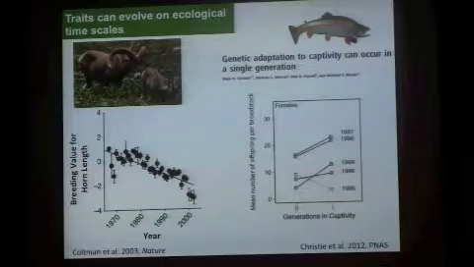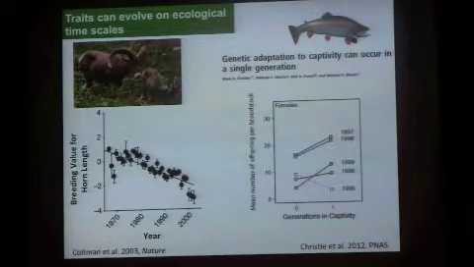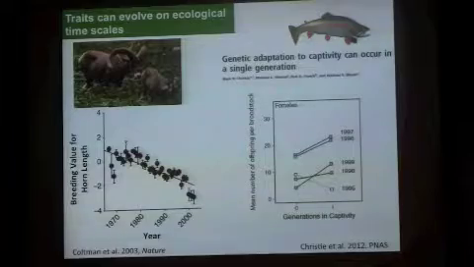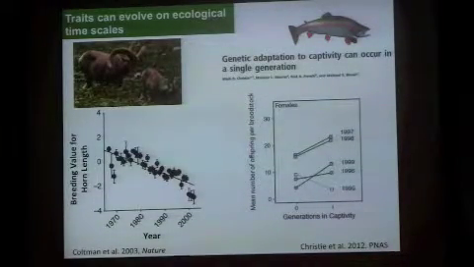Except these examples both deal with anthropogenic effects on communities. These are humans imposing really strong selection and driving evolution. And so does that really happen in nature? Can we, in a natural system that's not selection imposed by humans, does the same sort of dynamic happen? Do you get this really rapid evolution?